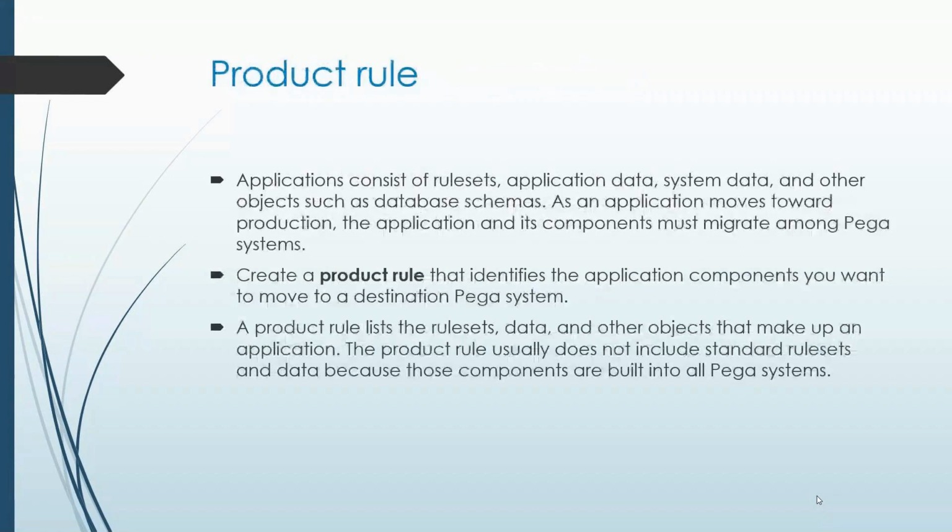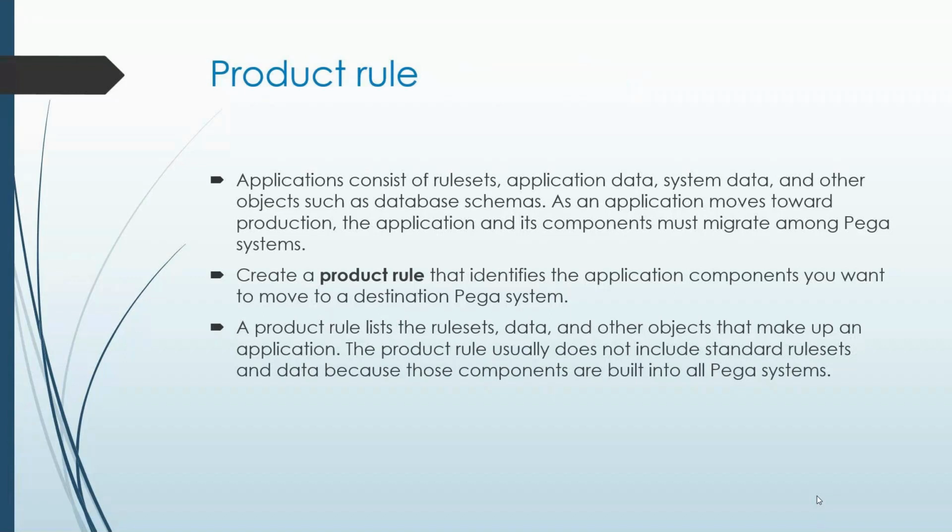And in Pega, we do that through a product rule. Okay, so again, this is also a rule. See how interesting it is. So you are trying to put your entire application, or some part of your application that you are willing to move across, into a product rule, and this rule is moved across the environments. So a product rule is a collection of your entire application, in fact. This product rule is going to hold all the aspects of your application.